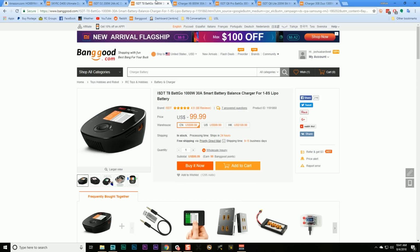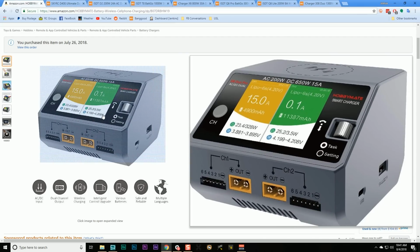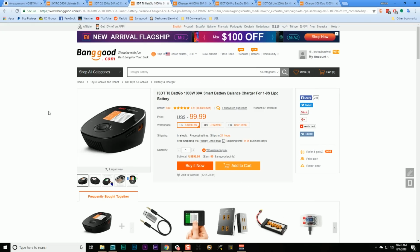Now, things get really interesting when we cross over into the DC only chargers, because some people say, I don't want an AC, I got a power supply. And so the fact that the Hobbymate has a built-in supply might not rule it out, but it might not be a plus either. Now, right now, one of my go-to chargers is the ISDT T8, which will crank 1,000